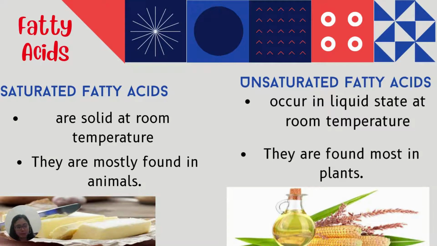Okay? So, examples natin yung mga vegetable oil, corn oil. Unsaturated fats are believed to be healthier sources of fats compared sa saturated fatty acids. Okay? So, mas healthier siya compared sa saturated. Okay? So, next we have